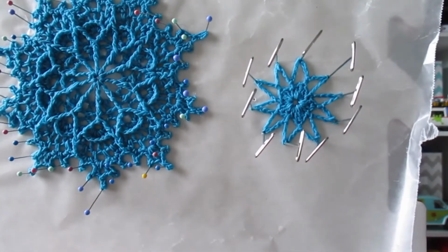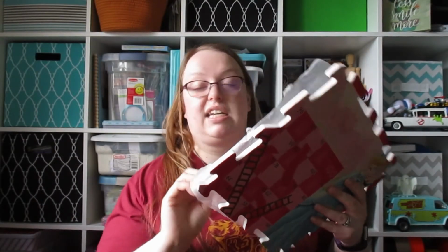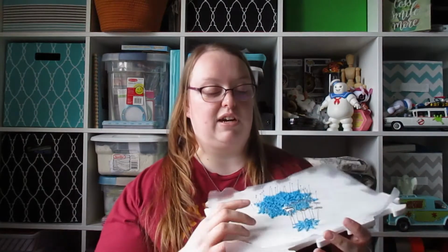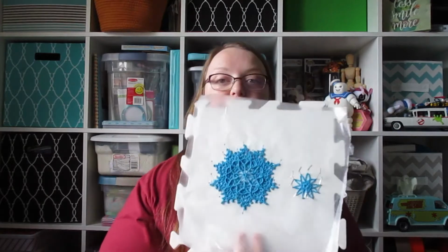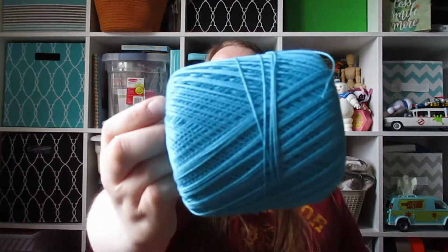It looks kind of weird, but the whole point of that was just a test to see if the glue mixture would work. And I immediately did this one after because I was worried that on this it would get a white cast, and if it doesn't, I did the big one too. So these are still damp, I did them this morning, but yeah, I crocheted a snowflake and I think it's really pretty. I used the crochet hook in the middle, so I used this one,